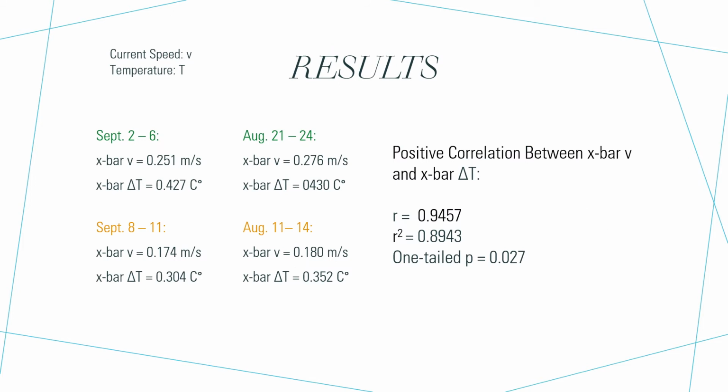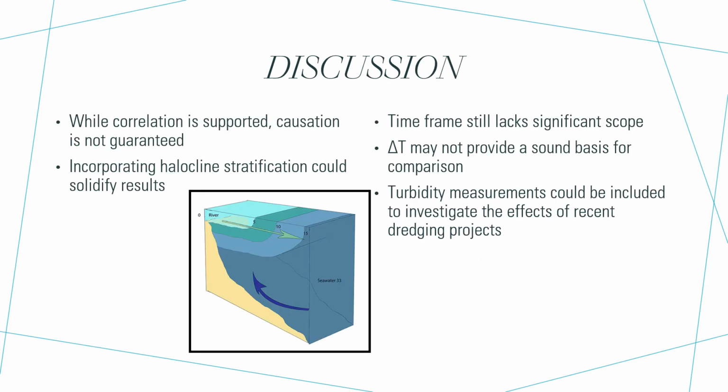The mean current speeds during the time frames referenced previously were compared with the corresponding mean change in temperature, and a positive correlation was supported with a p-value of 0.027. The CTD moored at the guest dock is the instrument collecting temperature data for this study, and since it is consistently sampling water at or near the depth of the cline, I interpreted changes in delta T as changes in thermocline stratification. Through this lens, my research supports the claim that increased current speeds correlate with increased stratification and vice